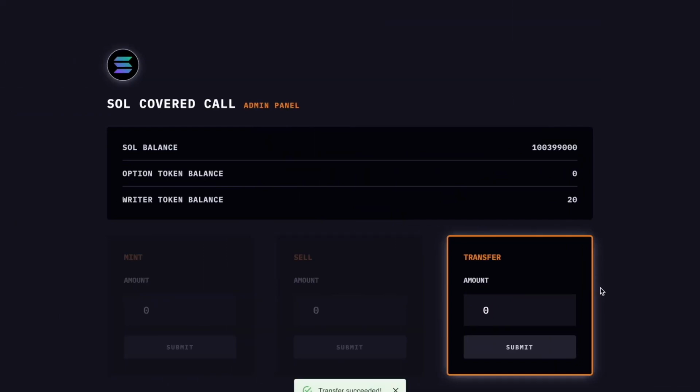So that is the full flow. As you can see, we have generated some more SOL for our users, and in the future, we will be implementing autonomous strike selection algorithms to autonomously select an appropriate strike price that maximizes the yield that we earn and decreases the likelihood of us potentially getting exercised. So yeah,